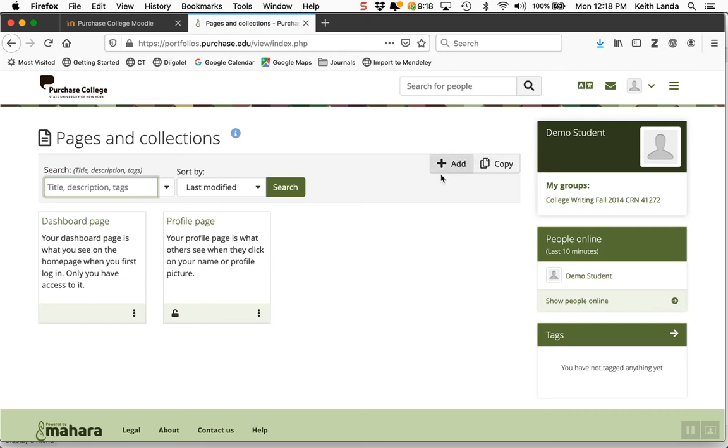On that page, you can create your own portfolio pages or collections of pages by adding your own, but you can also copy other portfolios that have been made copyable, which I've done with the template for the course. So if you click copy here,